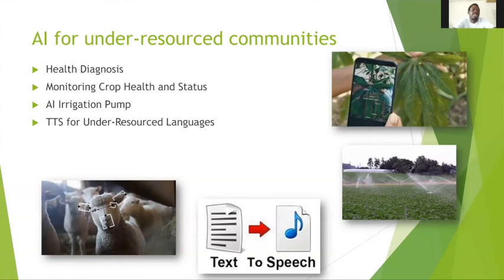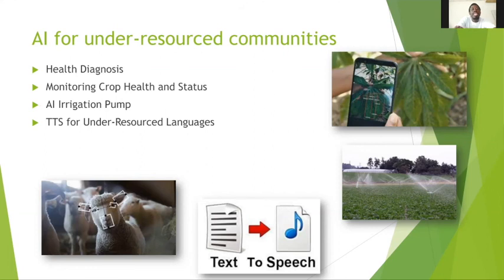So basically health, crops because of agriculture, and irrigation also because of agriculture, because we have a very huge long dry season where there is no rain in the north of Ghana. So we need irrigation a lot, and improving irrigation is very necessary. And then of course text to speech for our languages, because that would solve a lot of problems with regards to the literacy I mentioned. If we had text to speech for our local languages, then providing information to them wouldn't be a problem at all.